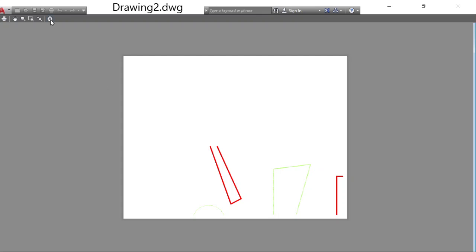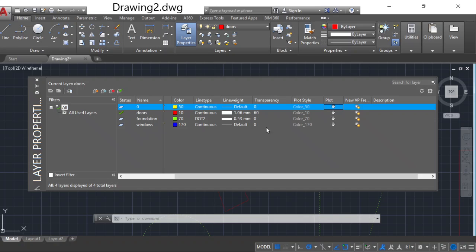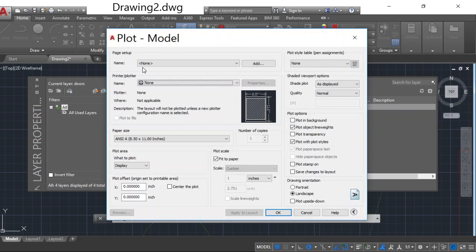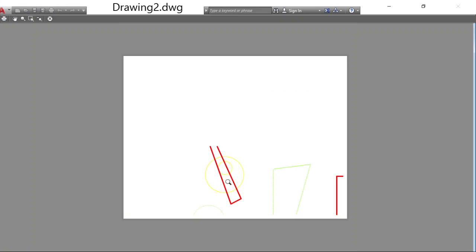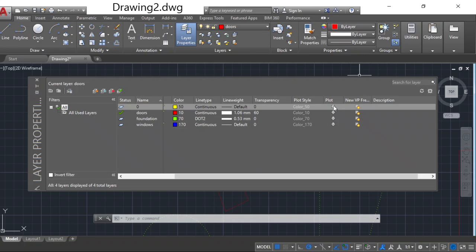Now I am changing the plot setting and going to the print preview. I choose one printer and click on the print preview. Now you can observe the circles appear. In the previous case they did not appear. Why? Because you can control the printed layers by using the plot command. So these are a few properties related to layers.